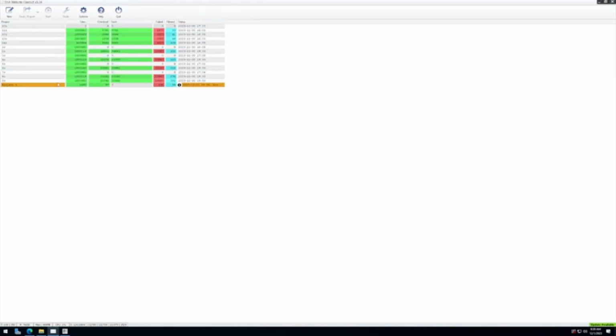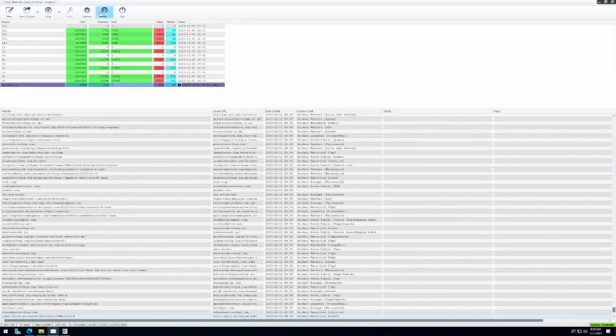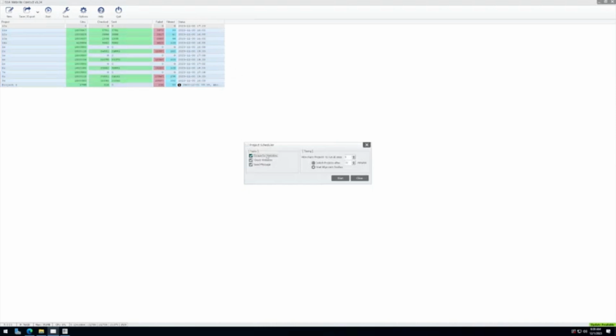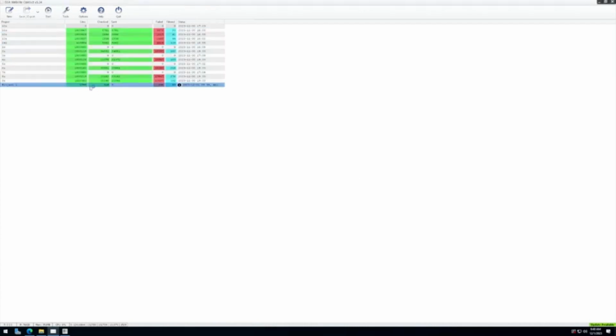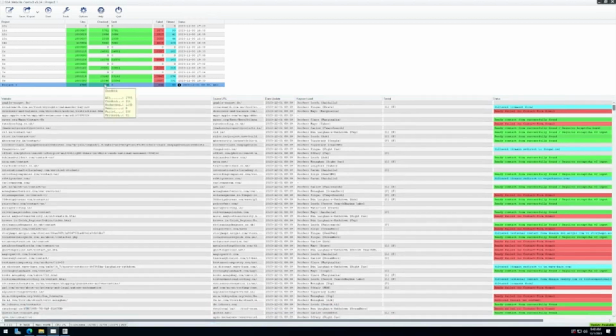Because when we do this, instead of running one project at a time, we can actually go to the scheduling tool and schedule all of these to run at the same time, or have them run concurrently, one after the other. So if I right click here, select them all, click on Start, Scheduler, I can choose to run as many projects as I want at a time, and I can have it auto switch projects or just wait till one project finishes and then it goes to the next. But either way, you can see we got 300 contact forms for roofers in Ireland,